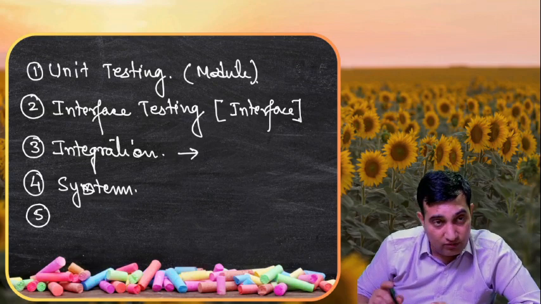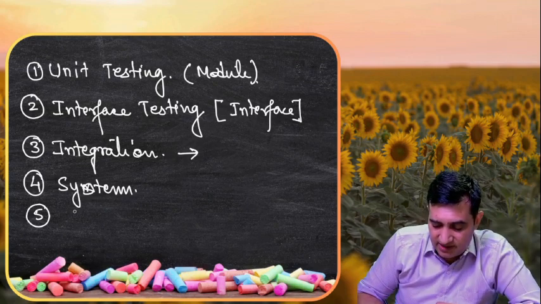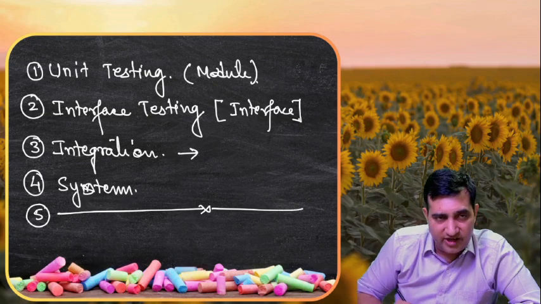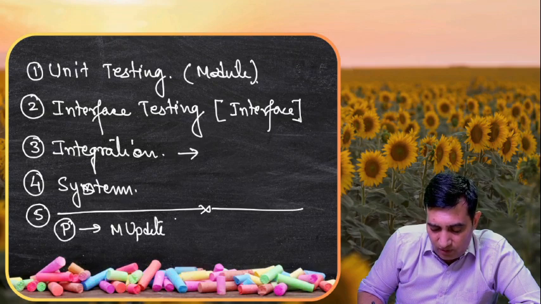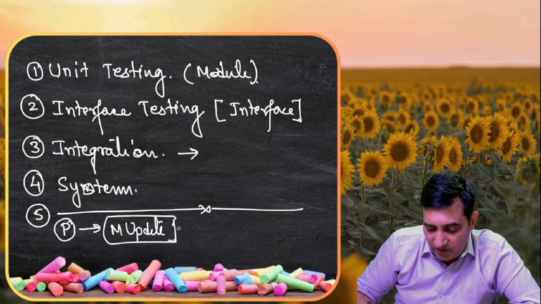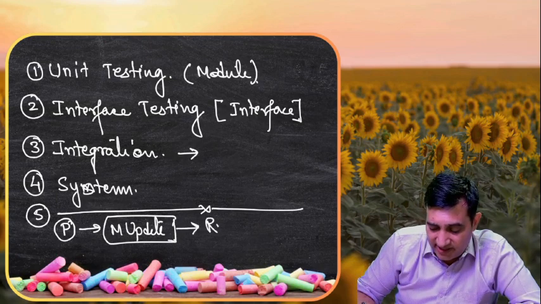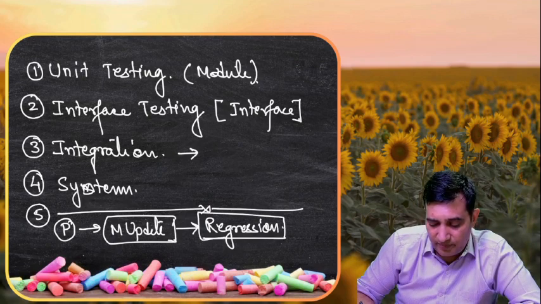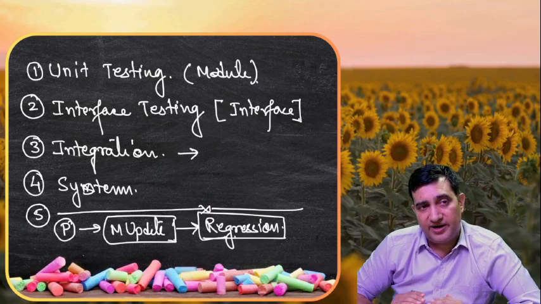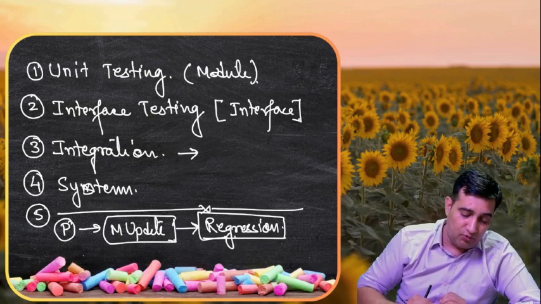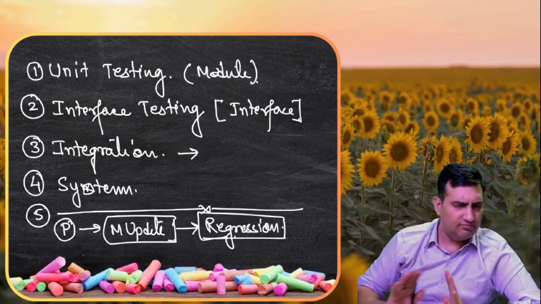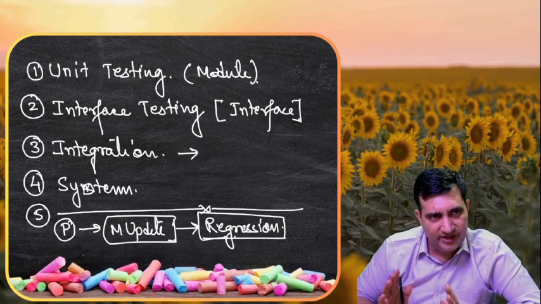Okay. Thank you. So then on the system level, sometimes what happens is the system is now put into production, and an already-running production application sometimes goes through a major update or a particular change. So we also do testing at that time, that is called regression testing. Regression testing is done on a particular software which has gone through some kind of change. Earlier it was in production, but now it has gone through some kind of change. So before putting it back into production, we want to be sure there are no vulnerabilities, right? And that is what we do in regression testing.